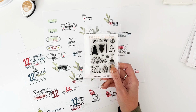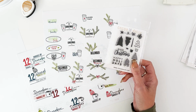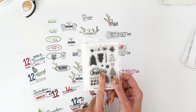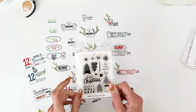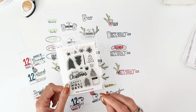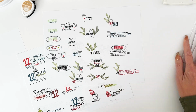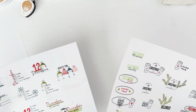The Christmas kit was a pre-order. It's a special order kit. It is not part of any subscription. So this stamp is part of the Christmas kit. Those pre-orders will be sent out after we do our regular shipping. Whatever we have left after we ship out all of the pre-orders, and I did order some extras, will go up and be posted for regular order. So that's where we stand with where this stamp set comes from. Just so I'm clear on all of that for you. So let's start with the